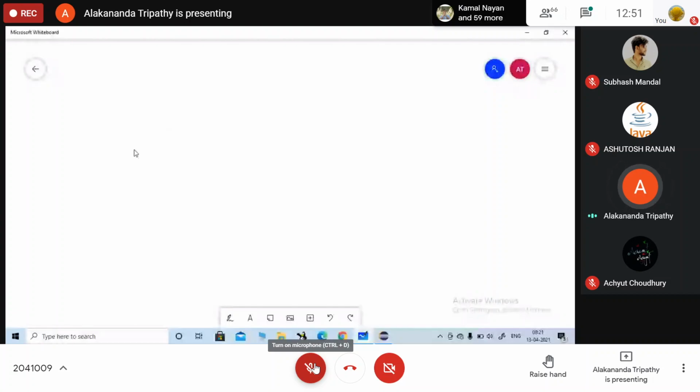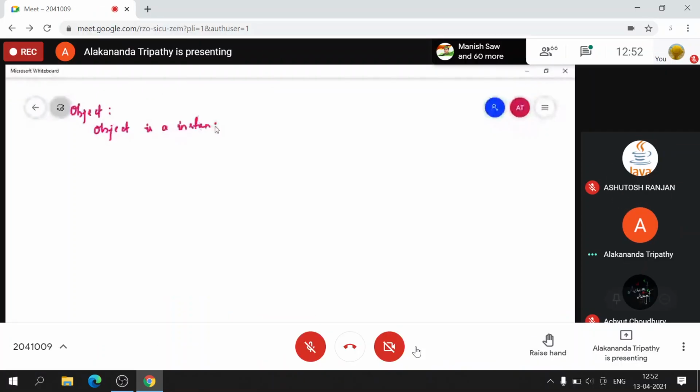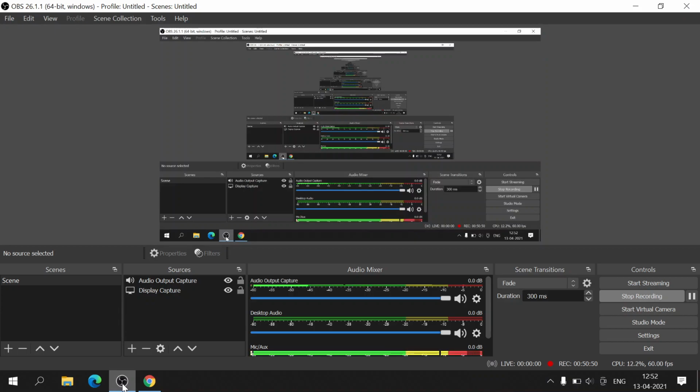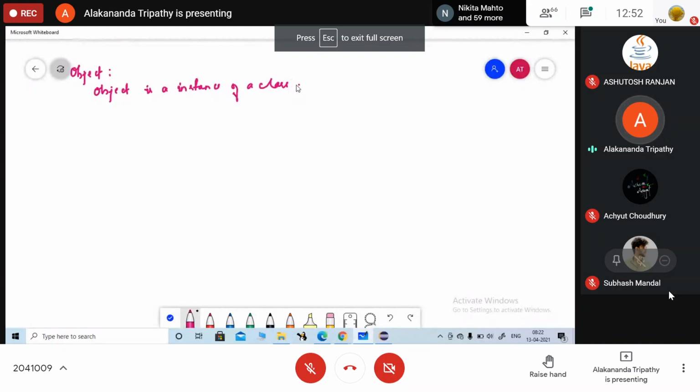So in general, what is an object? Just note it down. An object is an instance of a class. Okay. So in general, we can say an object is an instance of a class.